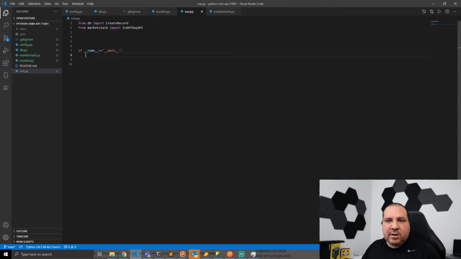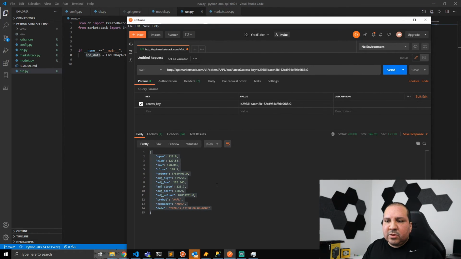For this example, it's gonna be a few lines of code, and I'm gonna have it under here. So the first one would be end of day data, and that's gonna come from the end of day API, right? I'm gonna pass in, let's say, Apple for now. We want to get data for Apple. So here's my data right here, right? We know how the data is going to look. So if I go back to my Postman, this is going to be the results that we're going to get back. And if I look at my database,